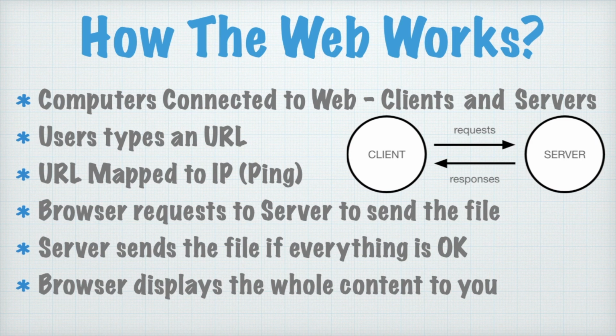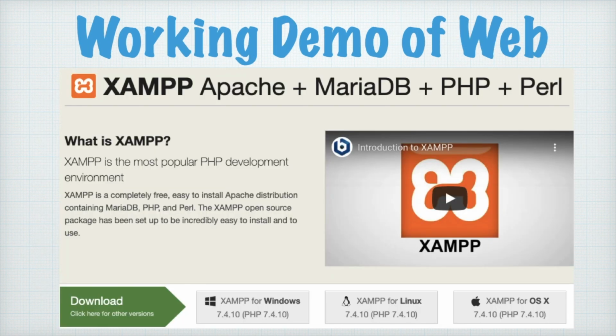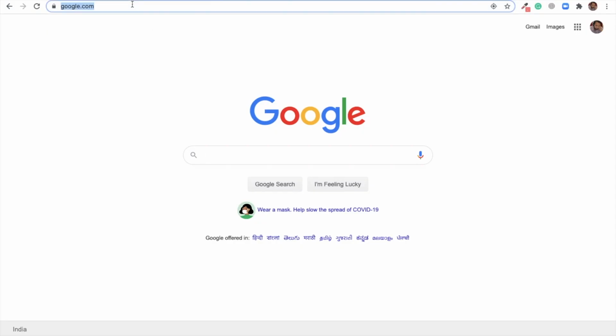So now what we will do is talk about a working demo of this whole thing. And how can you do that? We can use the XAMPP server for this. XAMPP consists of the Apache server, the MariaDB database, the PHP scripting language and the Perl scripting language. Clear? Let me show you the web page again. Whenever you write google.com here, your system is the client, and you are sending a request to the server, right? But you don't know where the server is. It might be in some other place, or you can say it is a remote thing, right?